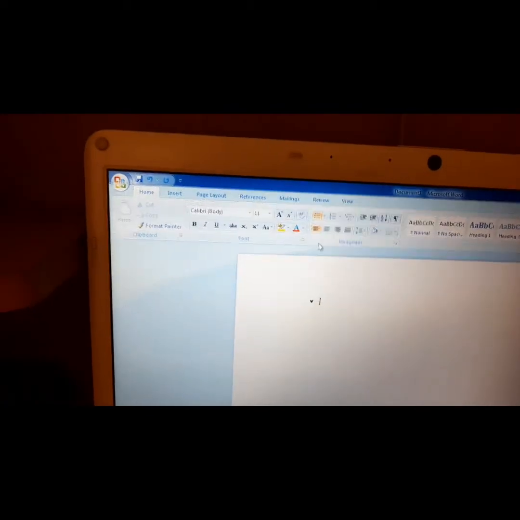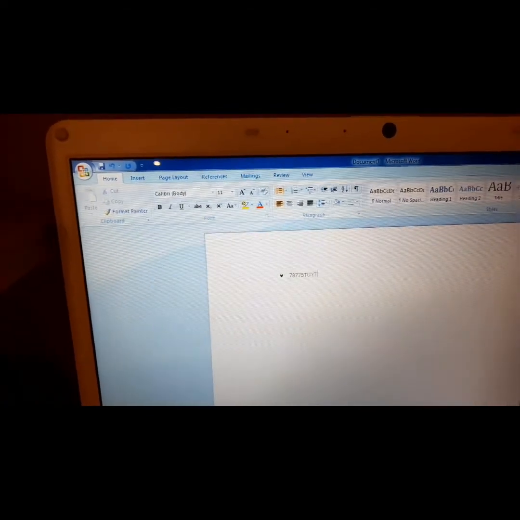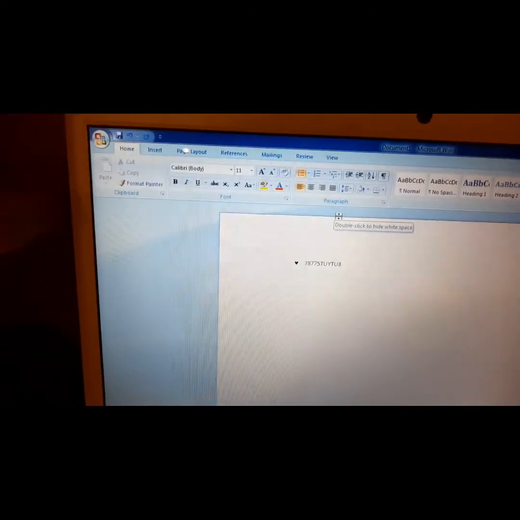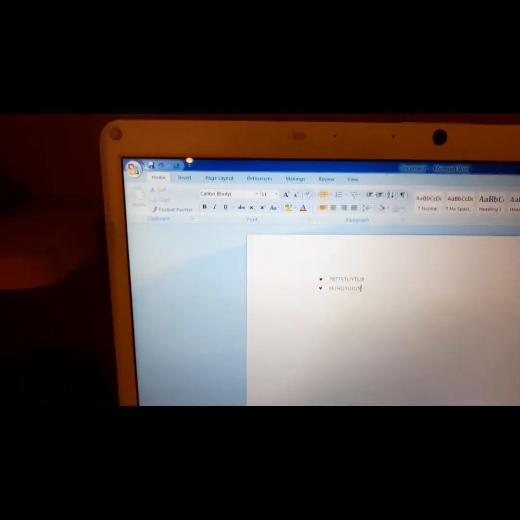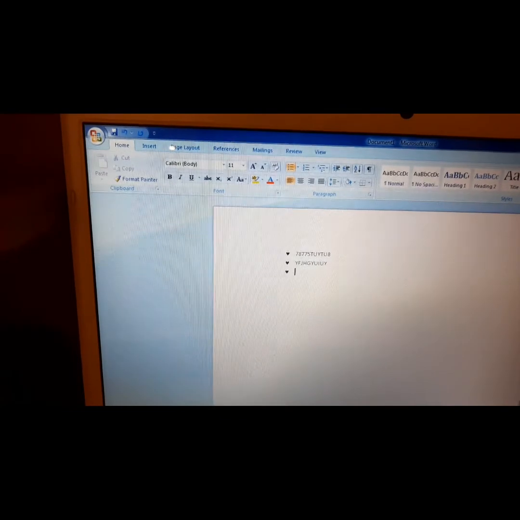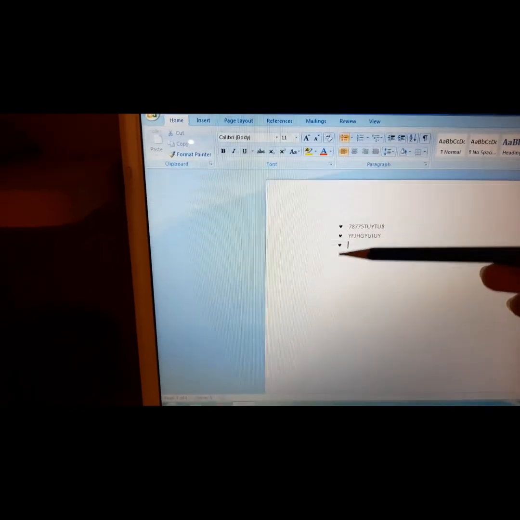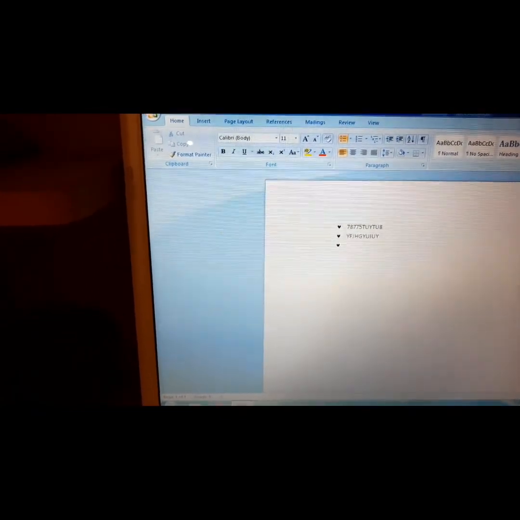So you can see that this heart-shaped bullet is inserted in the document. Now if you type something and go to the next line, automatically this heart bullet is going to come. So this is the function of bullet. We can use any symbol that we want as a bullet in our document.